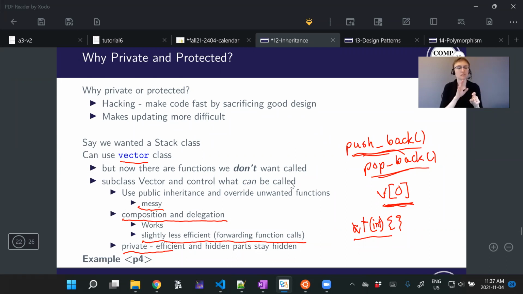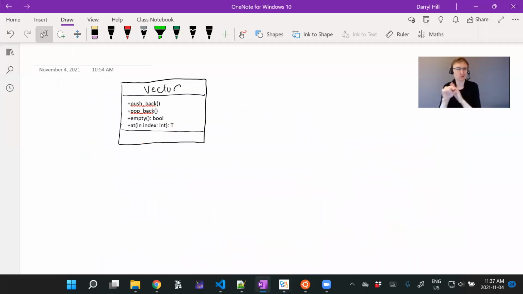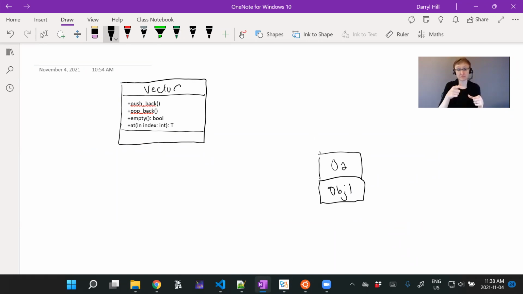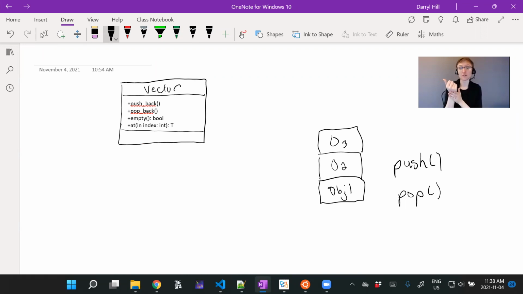Okay, so the idea is we wanted to make a stack. A stack is, of course, a data structure where you could think of it as a stack of plates. We start with the first object, so this must be object 1. And then the next object goes directly behind that, so O2 and then O3, and this is called a push operation. And then when we want to remove something from the stack, we call the pop function, and that removes it